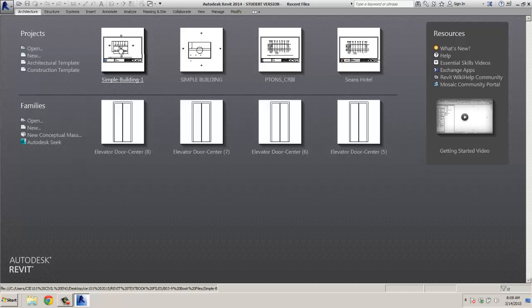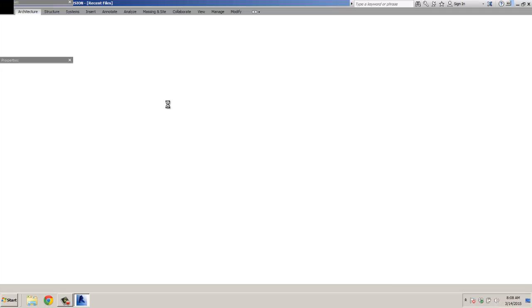I'll open this one. It may take a few minutes to open up some of these drawings, especially if your computer's a little bit slow, because there are so many different items in there. So we're going to take a look at just the